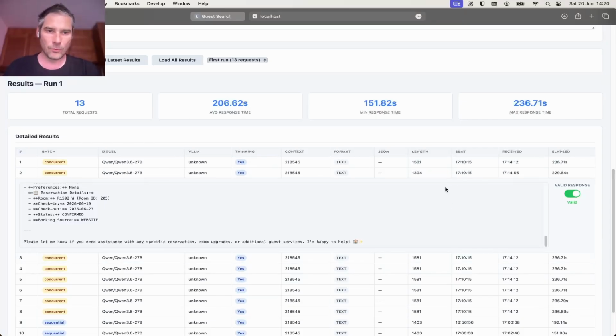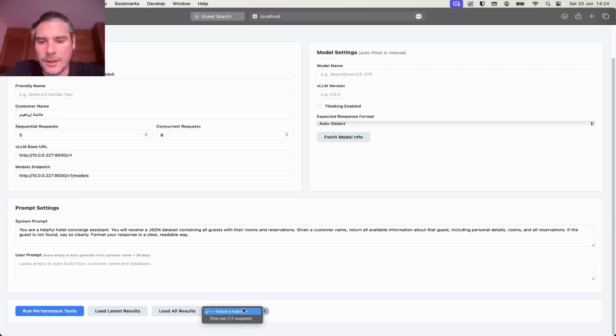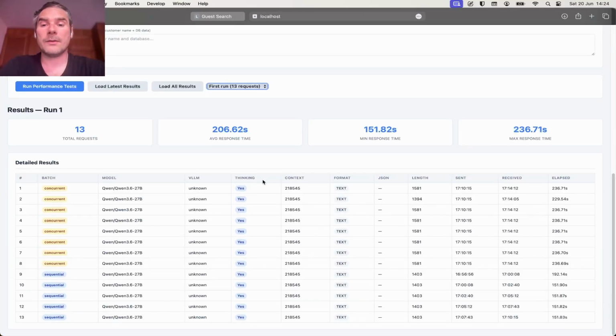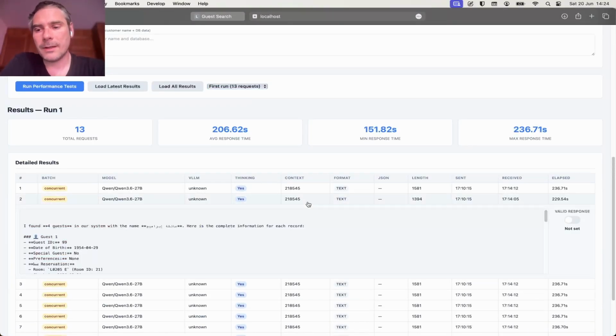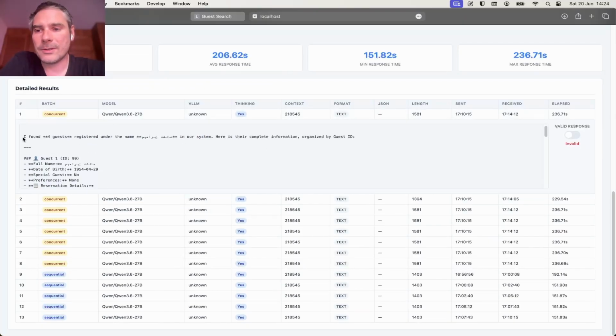Now let's look for one with, actually this one, 13. After it's finished working and a little bit of bug fixing, I have discovered a new need. I expand this and it says that it has a length of 1394. But I find it very difficult to understand what's the difference between this one that has 1581 and this one